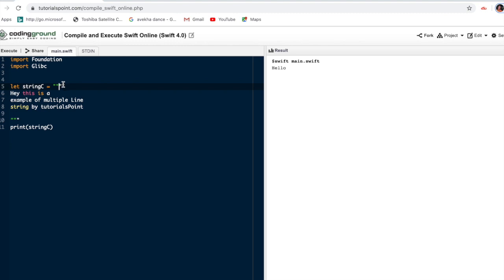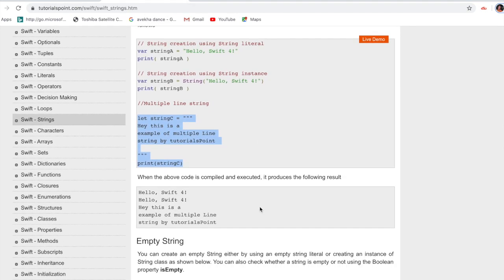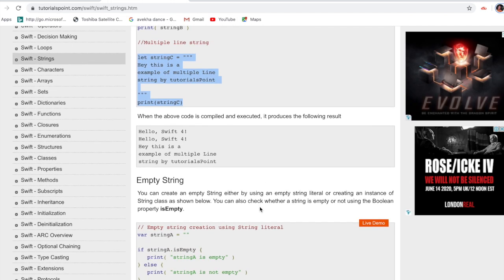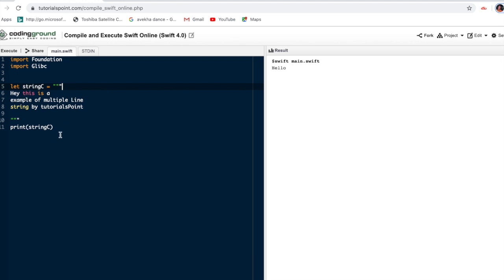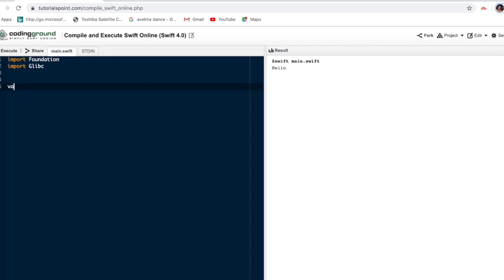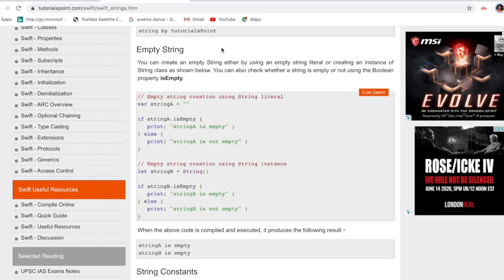This is the way to write it, and by giving this we will get the output. Next is the empty string. An empty string is very simple. var my string, and I'm assigning it empty. This is the way of writing an empty string.